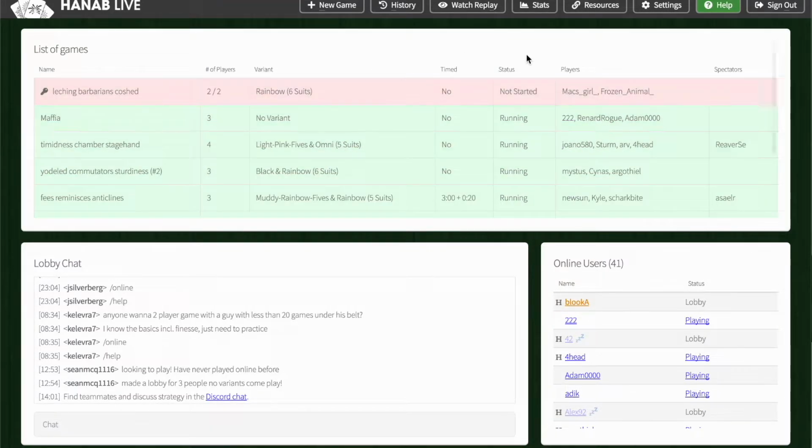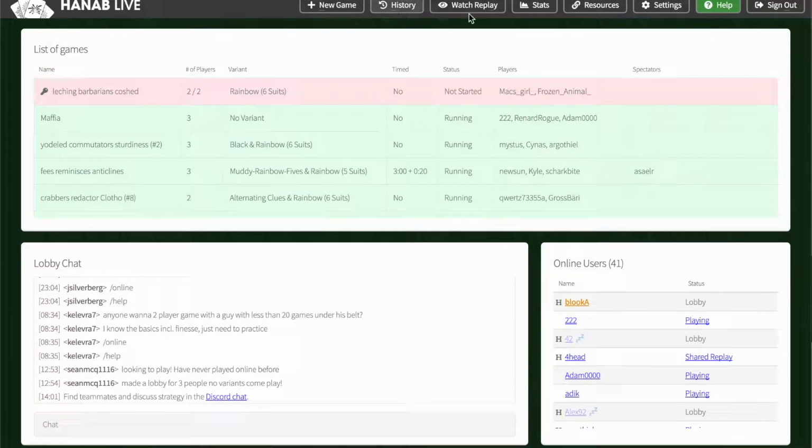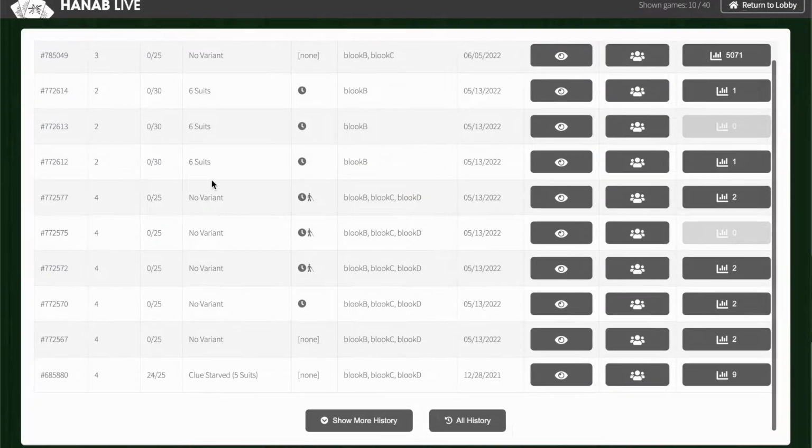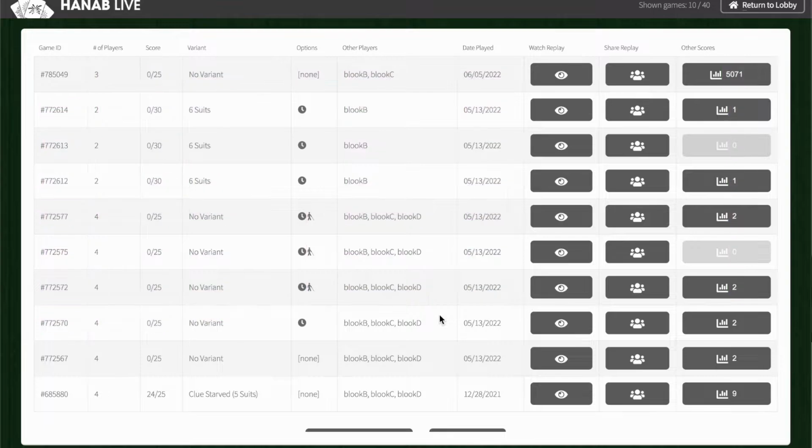So, okay, that covers the basics, the windows. Then you'll also notice these buttons. These are really awesome tools. So the history, this lets you go back and check out all the past games you have done. And you can watch the replays, you can make share replays, and actually even see, let's say you played a